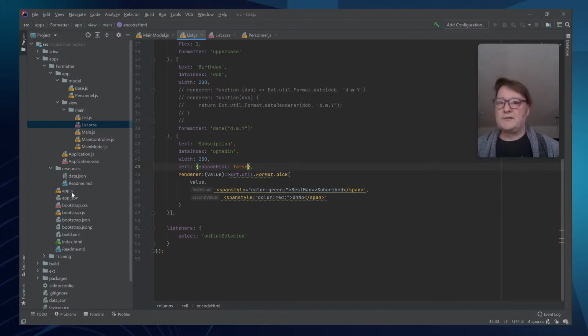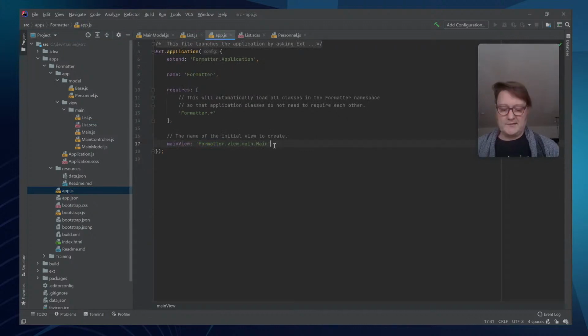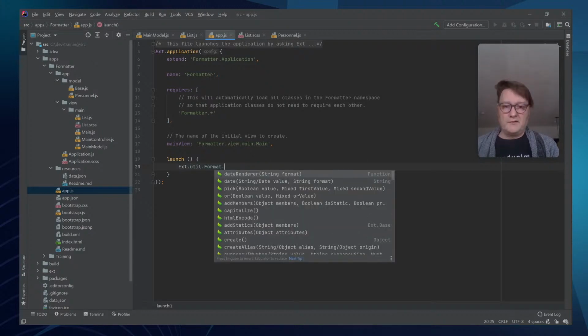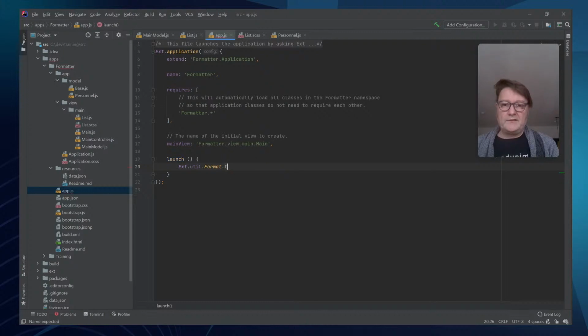Let's go to app.js and add a launch function in here. And within the launch function, we could add ExtJS format. There's the 1000 separator and the decimal separator. So if you add it to here or to the before launch method,